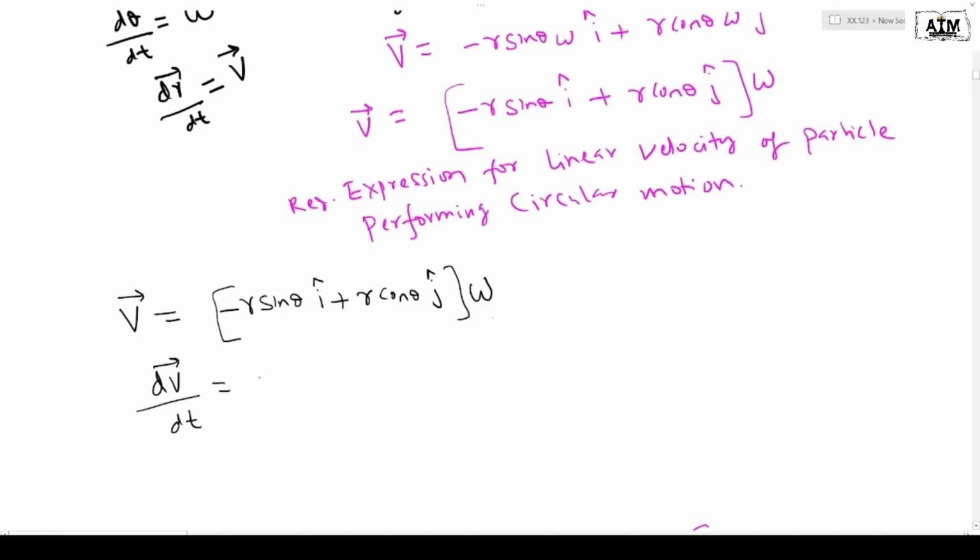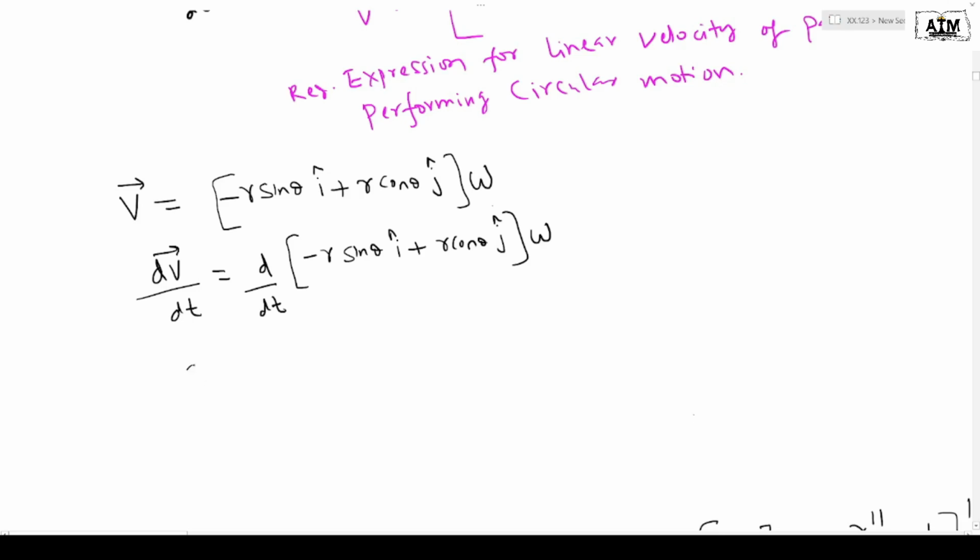So differentiating both sides with respect to t, we have dv by dt equals the derivative: R will remain the same, the derivative of sin theta is cos theta, and the derivative of theta is d theta by dt, i cap, plus R as it is, the derivative of cos theta is minus sin theta, again the derivative of theta is d theta by dt, j cap,